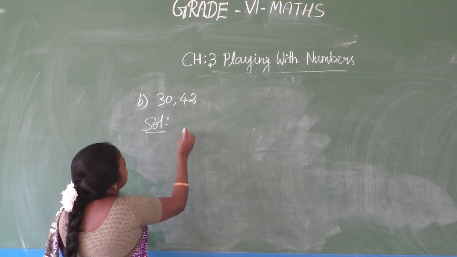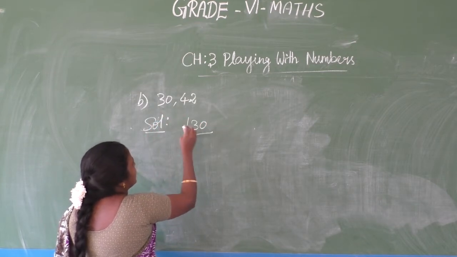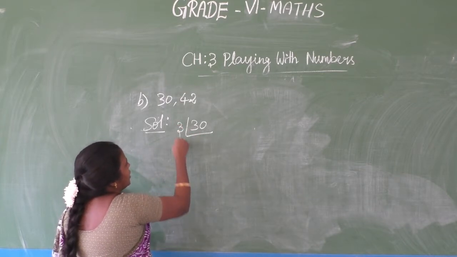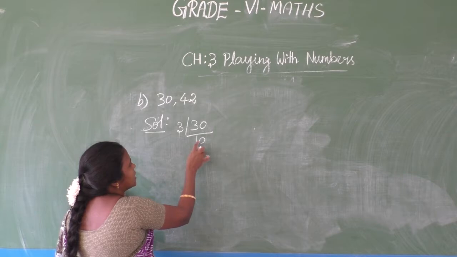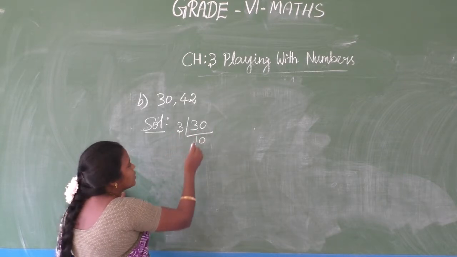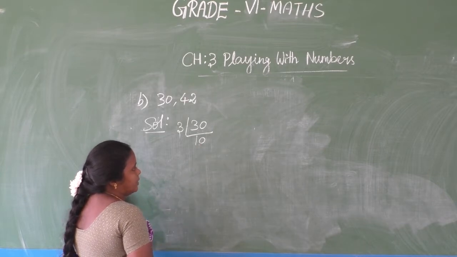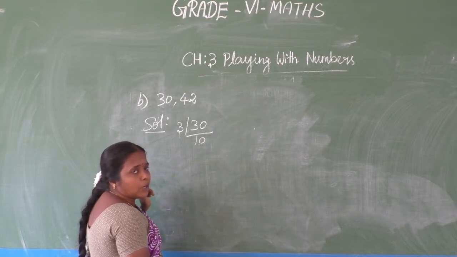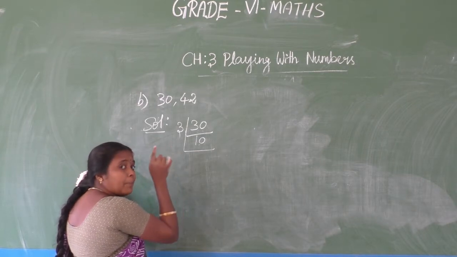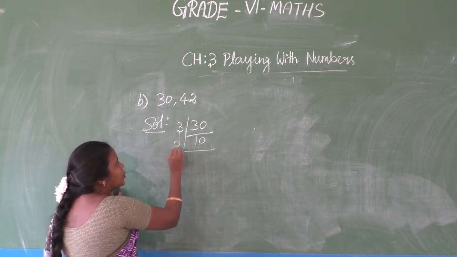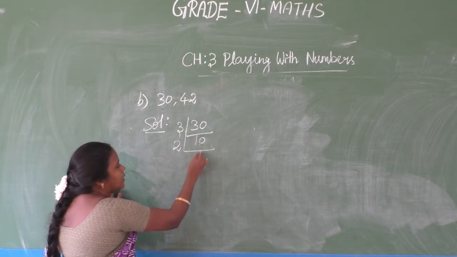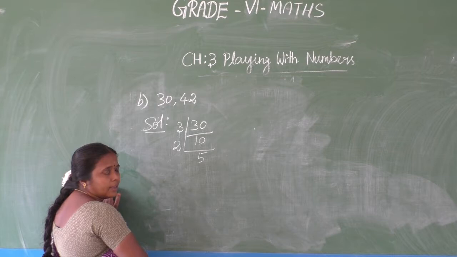Find the prime factors of 30. Prime numbers only you have to divide the given number by. So 3. 10 3's are 30. In 30, how many 3's are there? 10 3's. So 10 is the quotient here. But 10 is also composite, no? So we have to divide it again. By which prime? Prime numbers only you have to divide by. So 2. By 2 I am dividing this 10. In 10, how many 2's are there? 5 2's are 10.